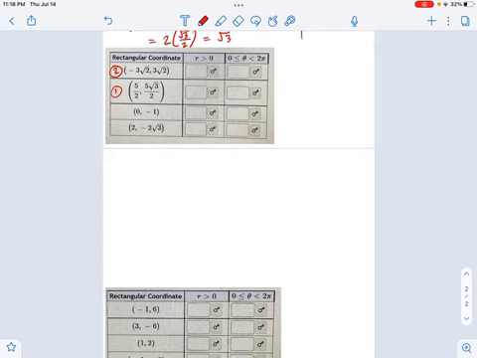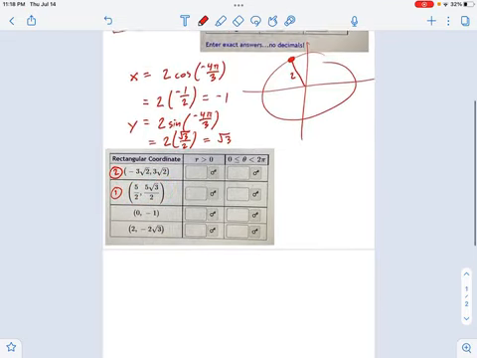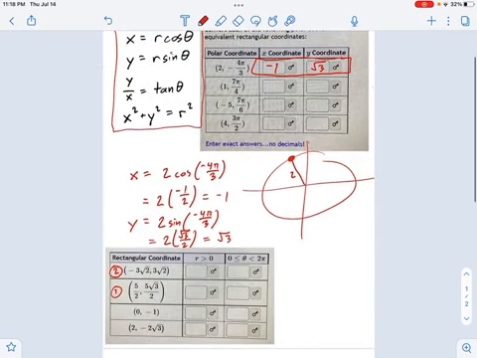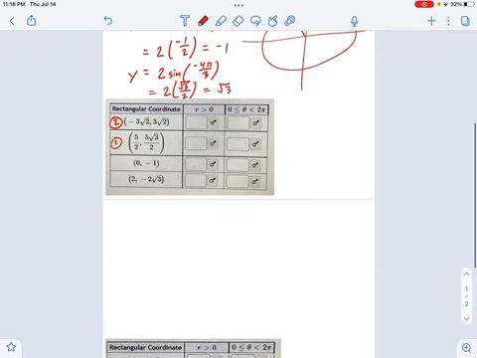So let's take a look at this first one. Okay, and I want to remind you of the equations that we have for r and theta. Here's one of the equations: r squared equals x squared plus y squared. And the other equation, tangent theta equals y over x. So we're going to use both of those. Let's use the r equation first. r squared equals x squared plus y squared. This is problem number 1 that I'm doing.